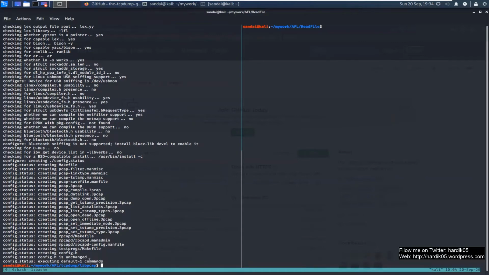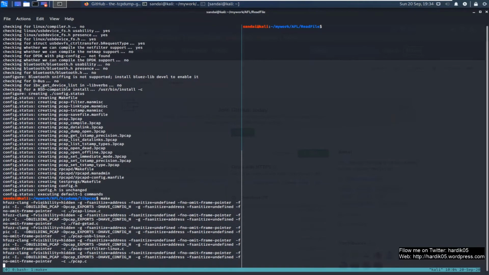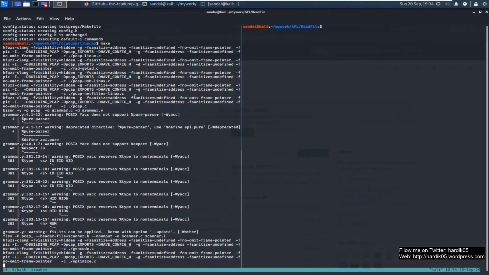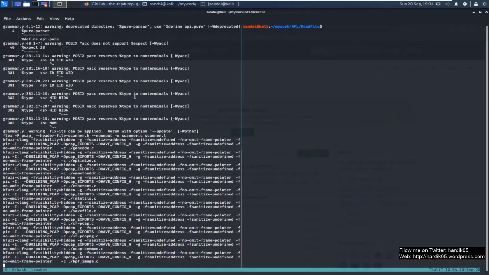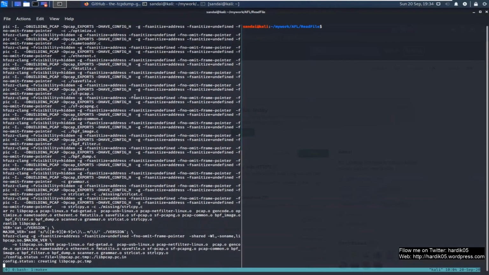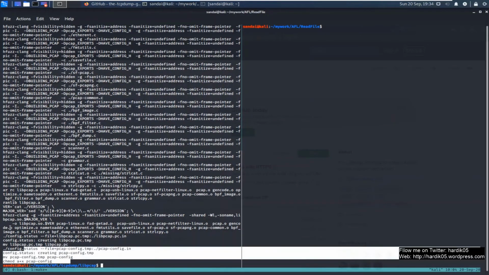As you can see, the config status is successful, so now we need to simply run the make command so that it can compile the files. As you can see, it is using hfuzz-clang, and it is instrumenting the program over here. Let's wait for some time till the compilation gets finished, and then we will do make install. You can see that our compilation has been successful.